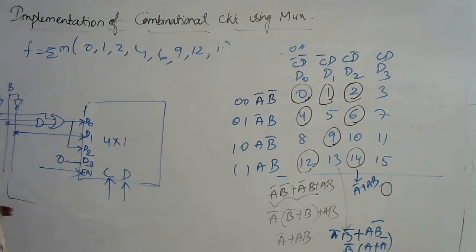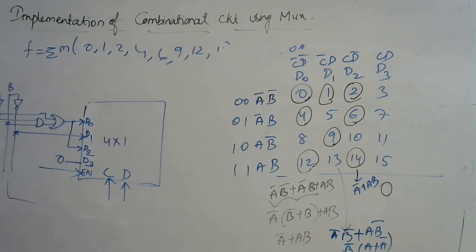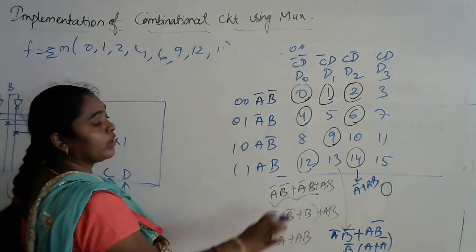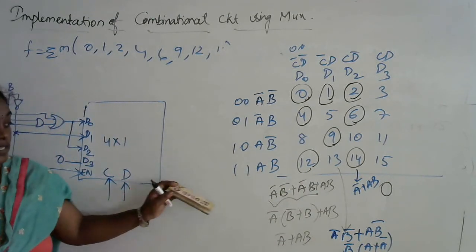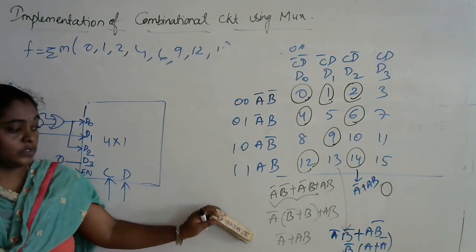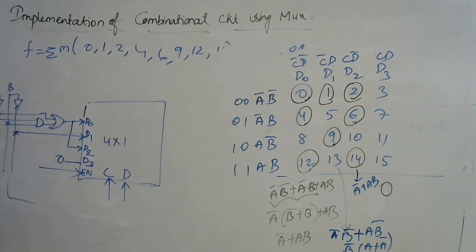Again, you can do the first way or the second way. If you are doing the first way, first you need to understand how to cascade the multiplexers. If it is the second way, just circle those. As in the previous example, as there are only 2 rows, if all of them have circled 1, if none of them have circled 0, if only one of them is circled, the corresponding variable we write. But in this case, as we have 4 different rows, whichever circles are there, write down the related terms, then simplify by using either laws or theorems, and whatever simplified expression we get, that can be drawn under the logic diagram.